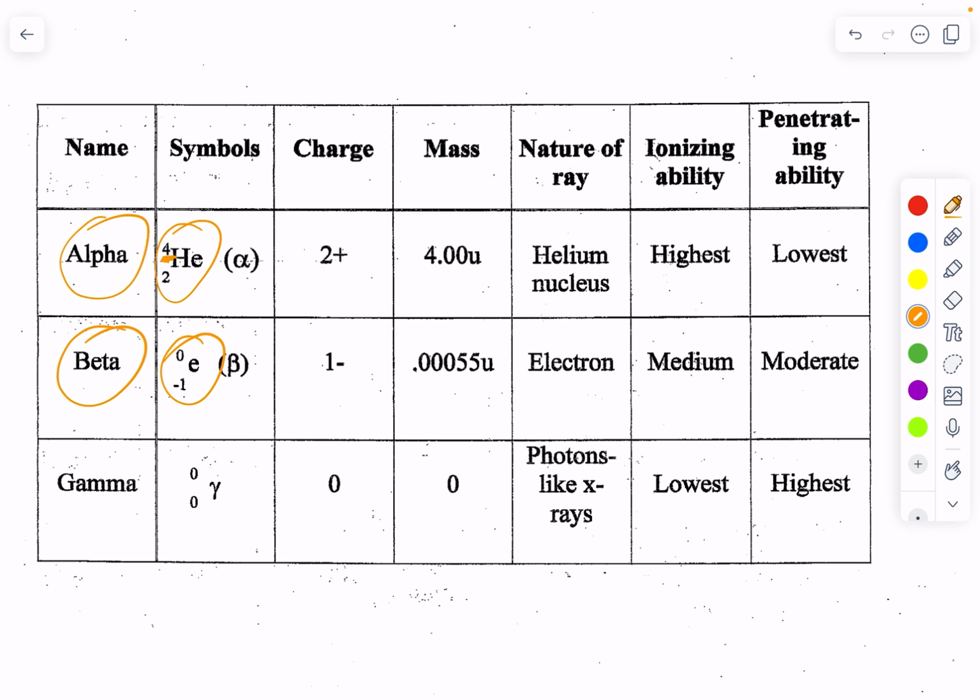outer shells. Now, a gamma particle technically is not a particle, it's a high-energy photon. Gamma photons can go right through you and me. High-energy gamma photons can go right through the Earth. And we use this symbol right here. So these are the first 3 letters of the Greek alphabet: alpha, beta, and gamma. That's what the symbols look like. Some science fiction shows will suggest that maybe there's another kind of radiation that we haven't discovered yet, like delta